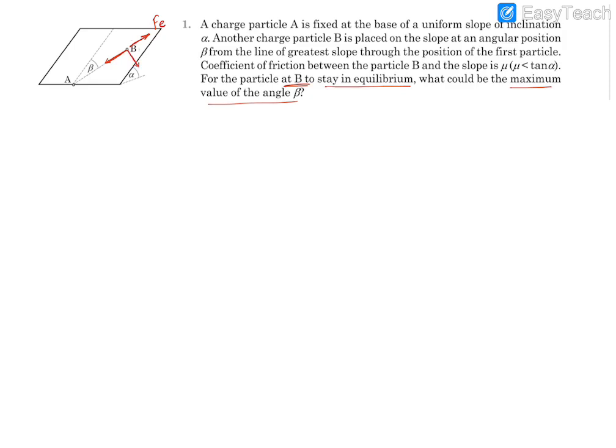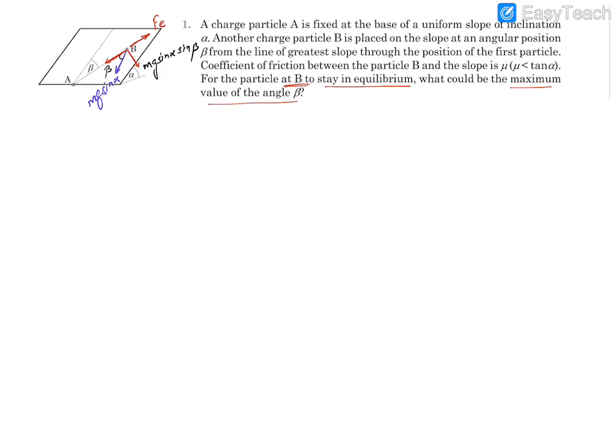Let me explain in short how these come. This one is along the inclined plane, which is going to be mg sine alpha, as you must be knowing. And then one component will be perpendicular to the inclined plane, in the downward direction into the plane, which is going to be mg cos alpha. So we will have two components. This component will be read as mg sine alpha. Now we can say that this line that I have drawn is parallel to this greatest slope, so you'll find this angle is going to be beta. So this component is going to be mg sine alpha sine beta.